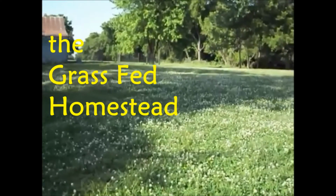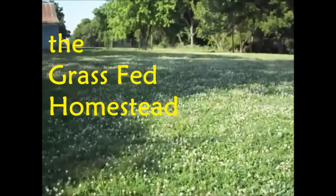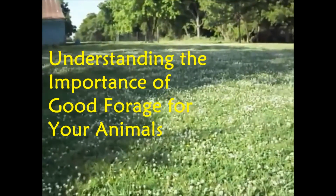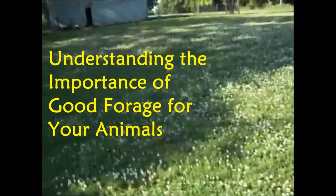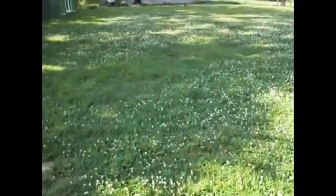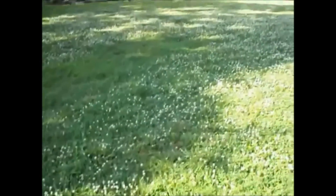Another early summer day here at Thunder Ridge Homestead. Our homestead is based on what we call a grass model. We like to have grass-fed meat to eat, and the grass